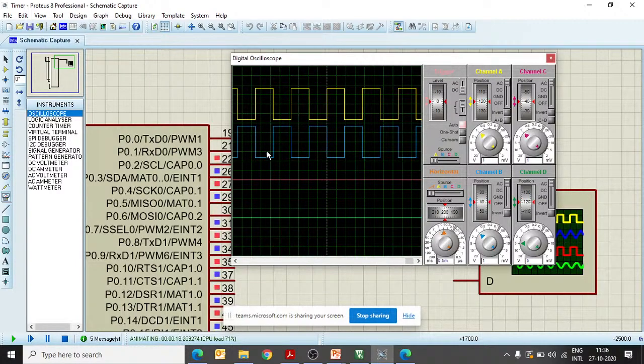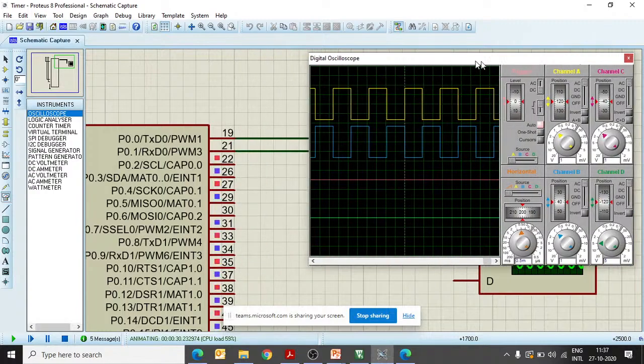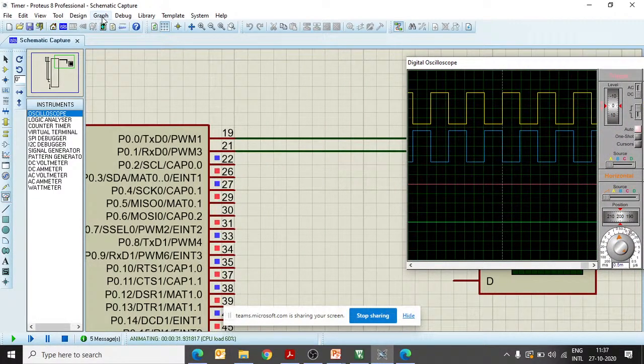And then after that exactly the reverse. Whenever bit 0 is at logic 0, bit 1 will be at the high position, because we are transferring either 5 or AA. That's why we will always be getting the toggling. So on all these port pins, this toggling will be available. I have not connected this pin here now. I will connect that also so that everything will be visible to you.